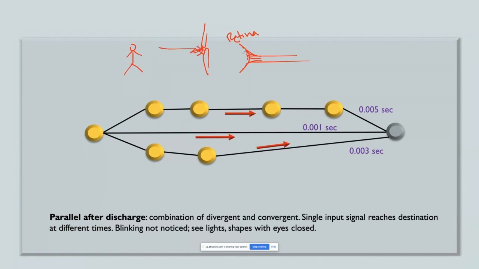Okay, but our retina is organized in a way that has a combination of divergent and convergent circuits that are composed by different sets of neurons in their pathway. So in some fibers, the speed of propagation is very fast, not so fast, and slow, because it has to pass through different